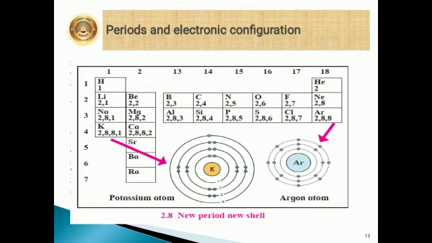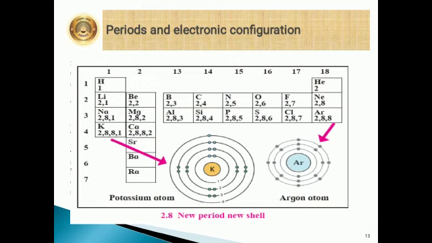If you go down the period 1, 2, 3, 4, 5, 6, 7 and so on, you will see there 1 shell is increasing. So you will find that the number of valence electrons in different elements differs, however the number of shells is the same. You will also find that while going from left to right within a period, the atomic number is increasing 1 by 1. Like for lithium it is 3, then beryllium 4, boron 5, carbon 6, nitrogen 7, oxygen 8, fluorine 9, neon 10. So everywhere we see that 1 electron is increasing.